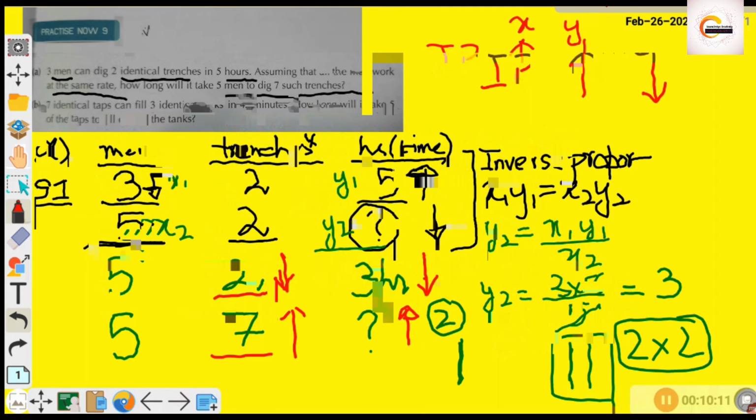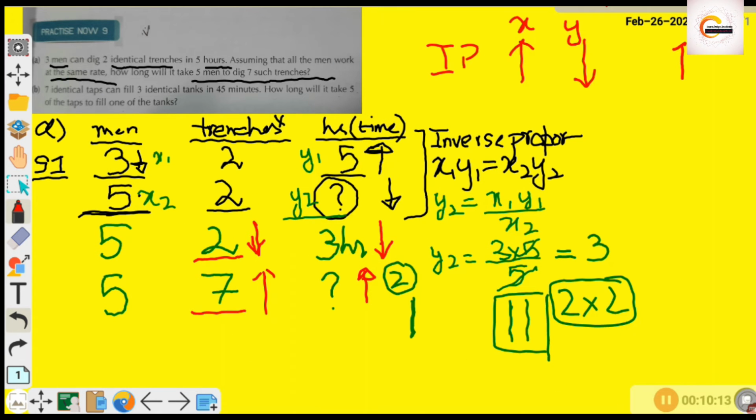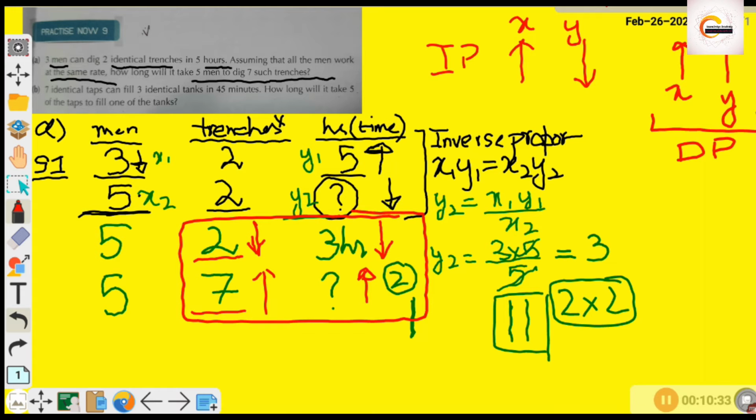But if one value is increasing, its corresponding value is also increasing, this kind of relationship is not inverse proportion, it is the direct proportion relationship. So we can clearly see that this relationship that we are considering in the step 2 of our solution